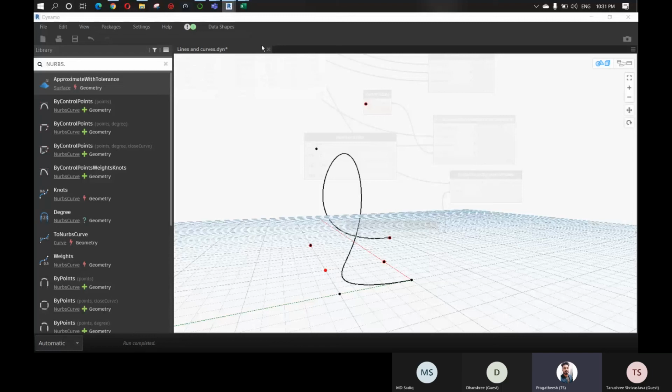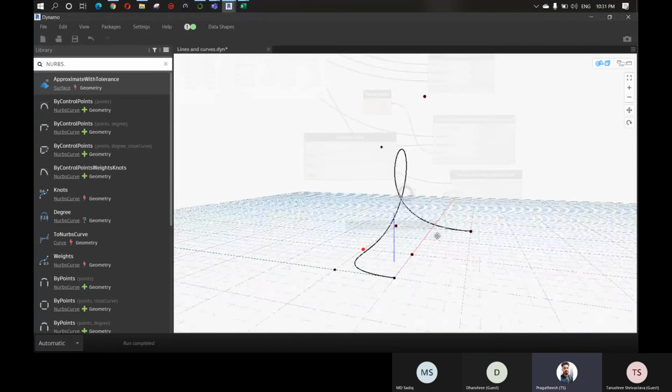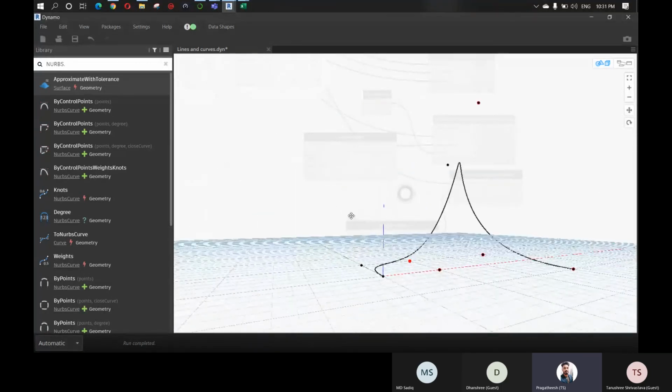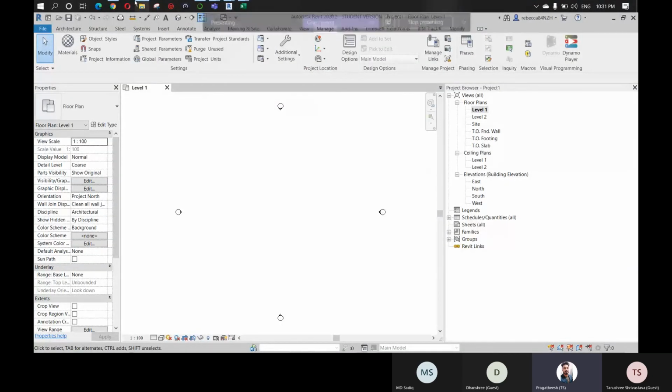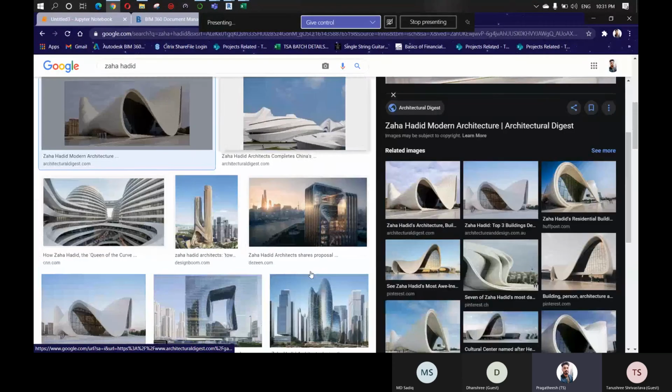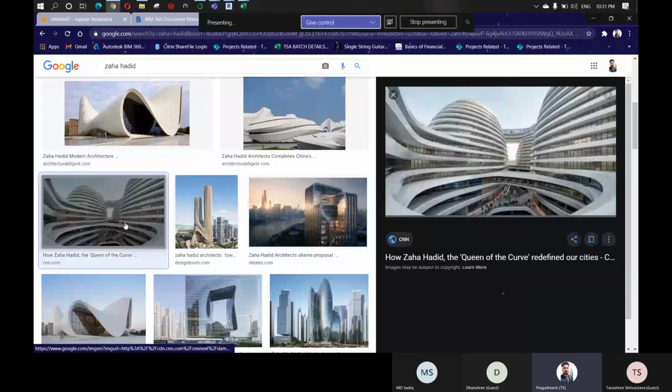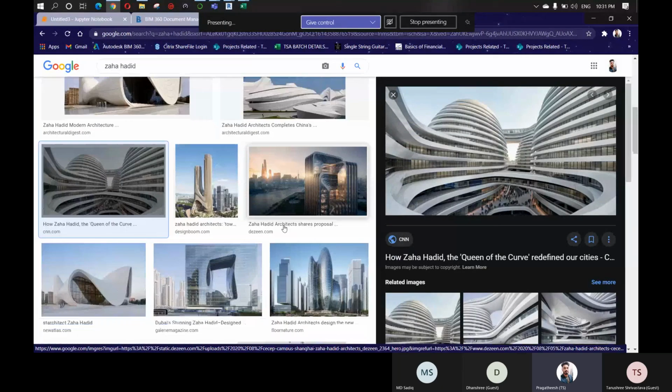You can see the curve which we have created is also somewhat like that, right? I just gave the numbers randomly. Like these kinds of curves, we can use Dynamo to create them, and you can also make them parametric.